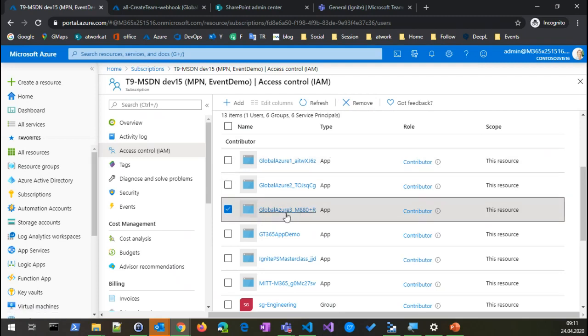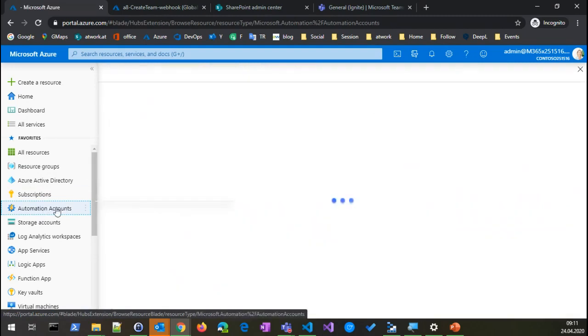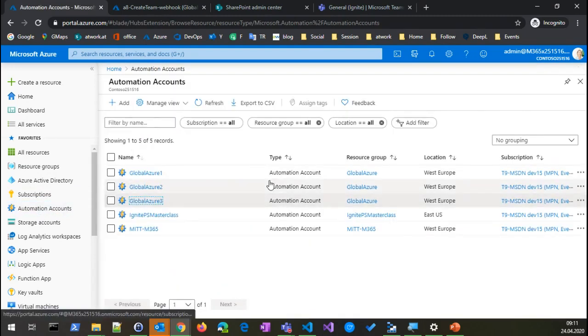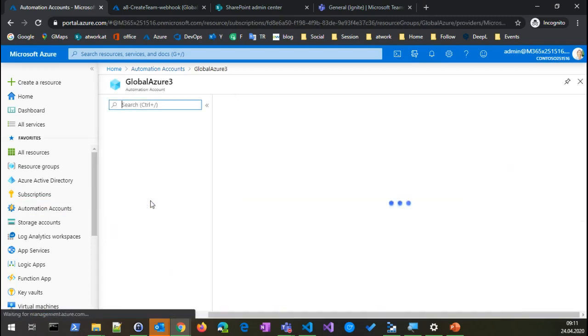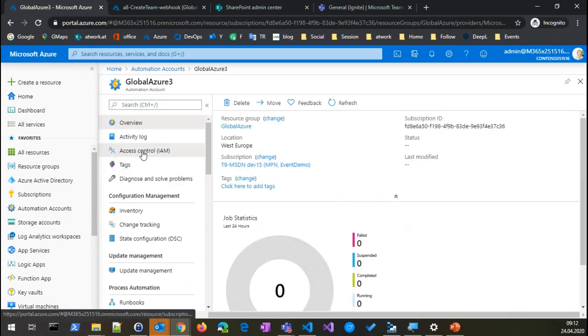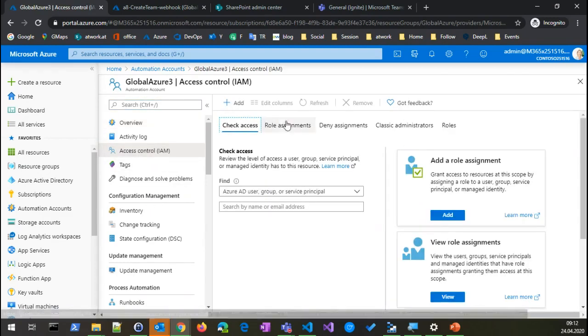In my demo, I leave it as it is, but if I go back to my automation accounts, imagine I have removed that. I go to Global Azure 3 here. This is an empty Azure Automation account, which opens hopefully in a second. So here we go. And if I go to my access control here, of course, I can go to the